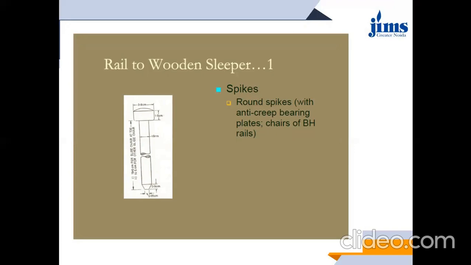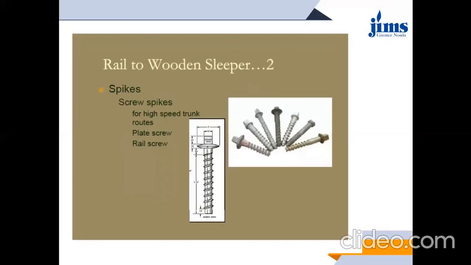those rails. If you remember, when we studied the different types of rails, there is a bull-headed rail and a flat-footed rail as well. So the fixing of the bull-headed rail always required these chairs. Why? Because in the case of bull-headed rail, the base of the rail was round in nature. So due to that, it was quite difficult to stabilize that rail on the sleeper and fix it. So for that purpose, we made use of the chair.